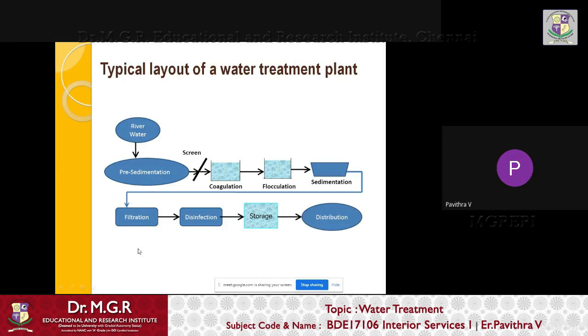It's not good. Before the screening process, we had seen the different types of screens that are used, that is the fine screen and the coarse screen. So this is the PPT that